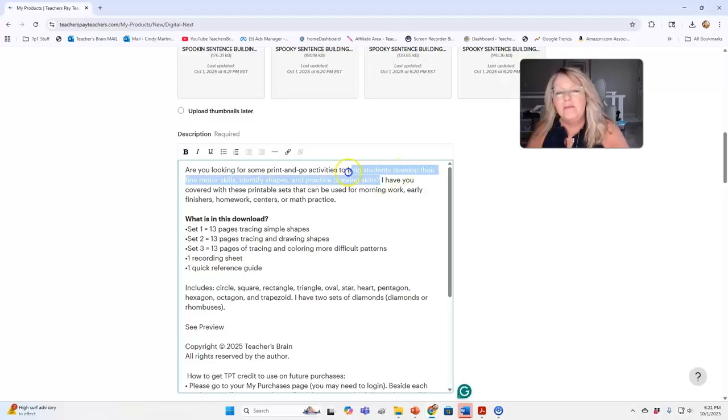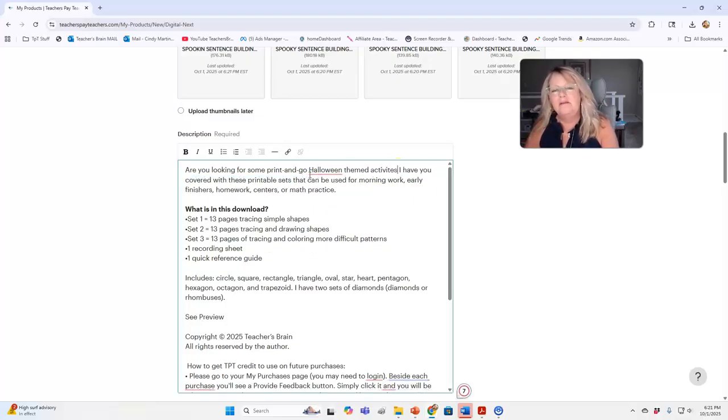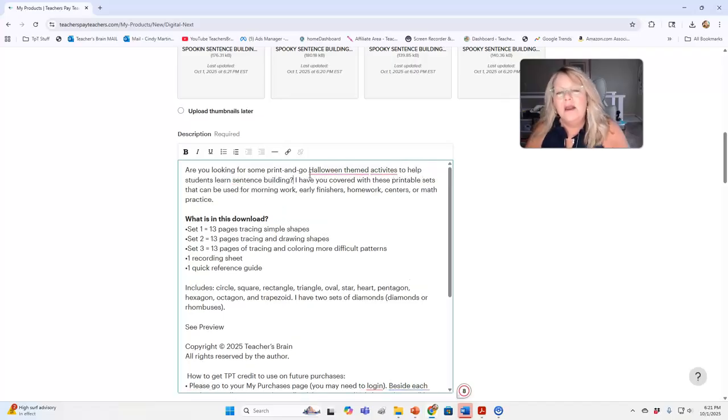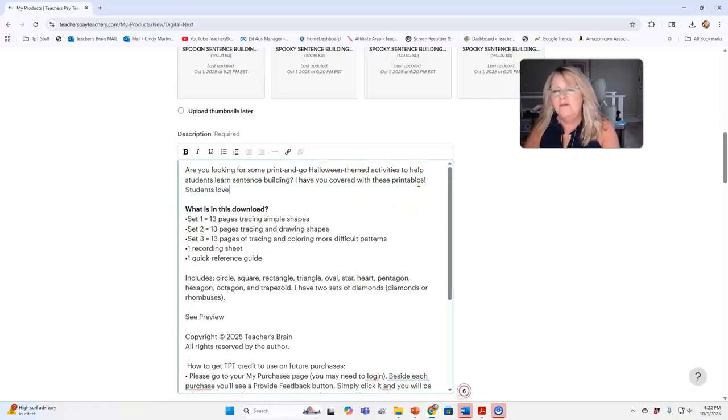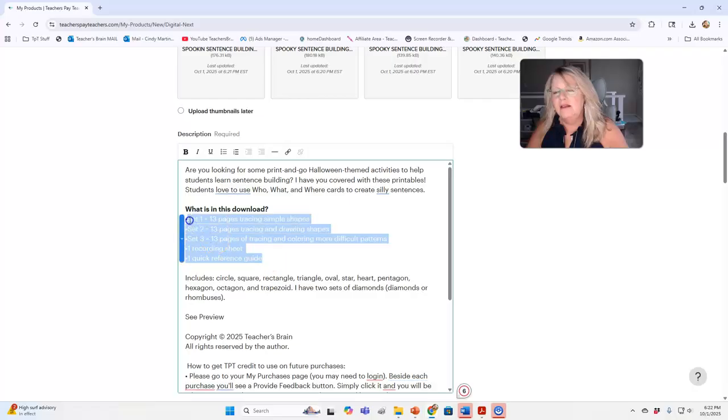Let's see, we want okay, and then what is in this download? Right here, I highlight that normally and you push B for bold. Okay, and then down here, I'm going to say that it has